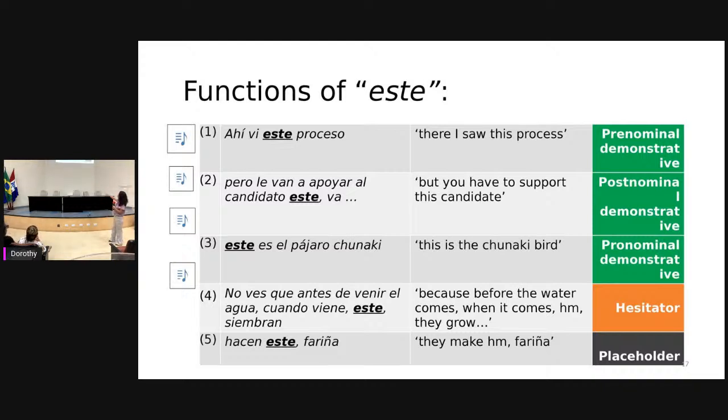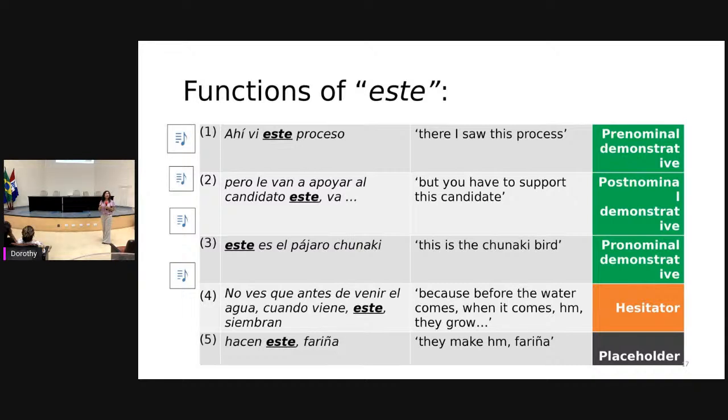And in 5, what we have is straightforward. Hacen farina. Okay? But the speaker didn't remember right away the word farina, and how I don't remember. And just fill it with the blank. Right? And so when you hear this, I imagine even a lot of you speak Spanish, right away say,